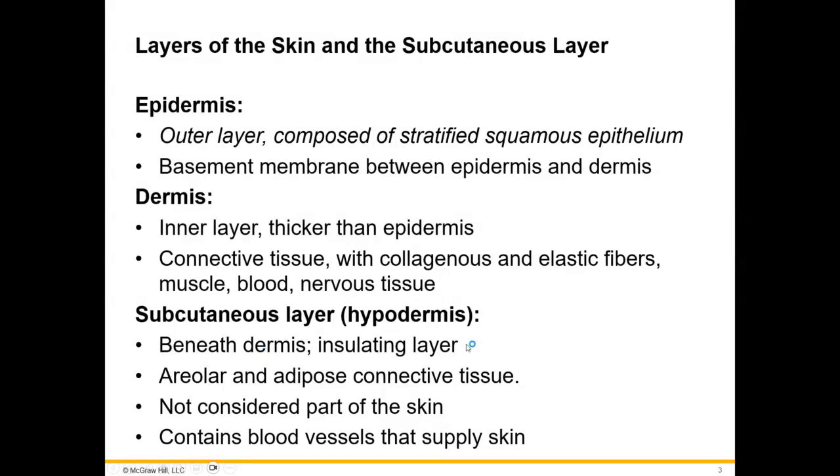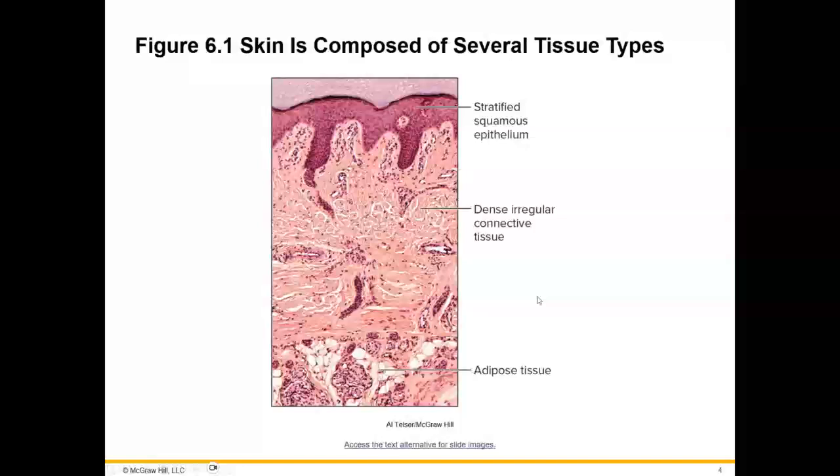It is an insulating layer, and it contains areolar and adipose connective tissue. Technically, it's not considered part of the skin. And it contains blood vessels that supply the skin. Now again, luckily, the skin is mostly the stratified squamous epithelium,